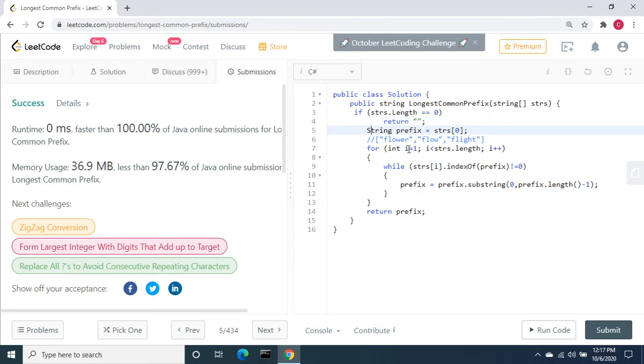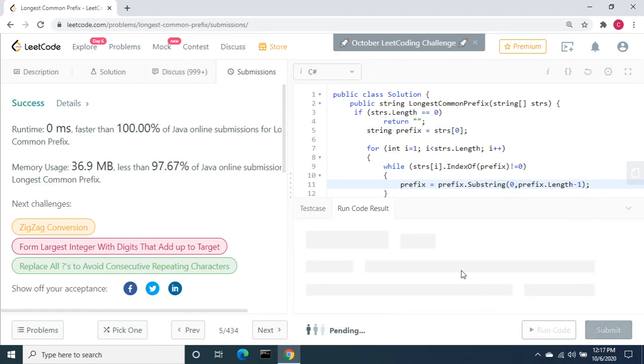Here it is going to be a small s. Let's remove this, it is not required. In this, the L should be capital, the IndexOf should be capital, and Substring should have a capital S. Prefix.Length should be a property, which is a capital L, and we can remove the method.